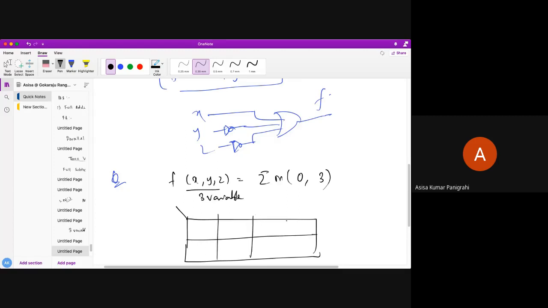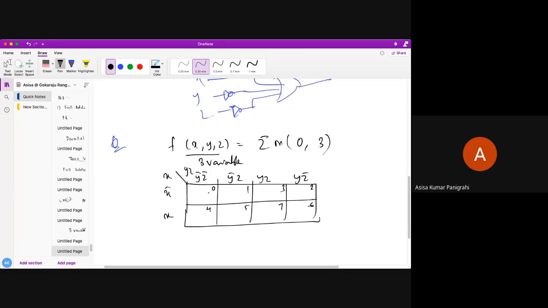I just constructed it: x, y, z, y bar z bar, y bar z, y z, y z bar, x bar and x. Now the positions are 0, 1, 2, 3, 4, 5, 6, and 7. So I just have to put those minterms in the particular positions. 0 is present, and 3 is present, and all other places are 0.